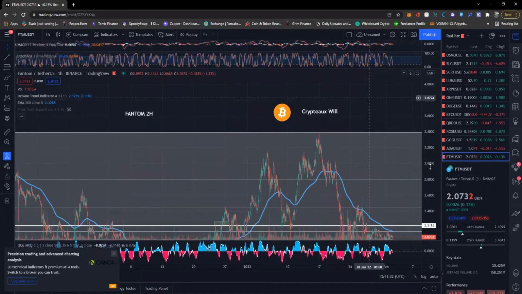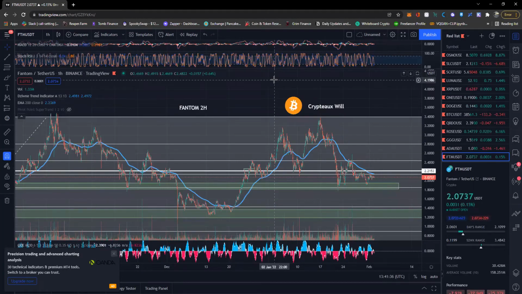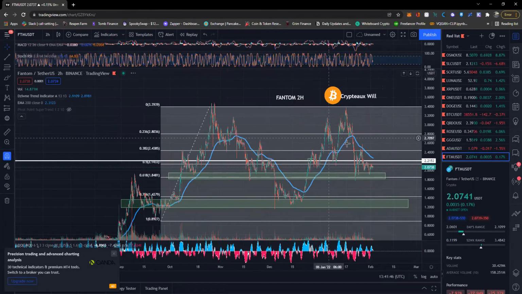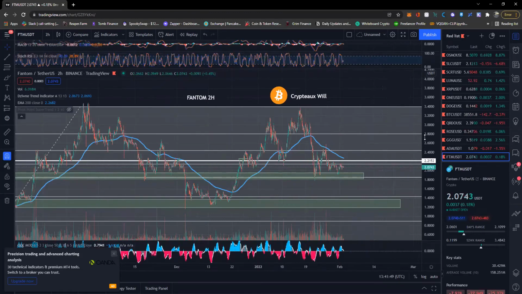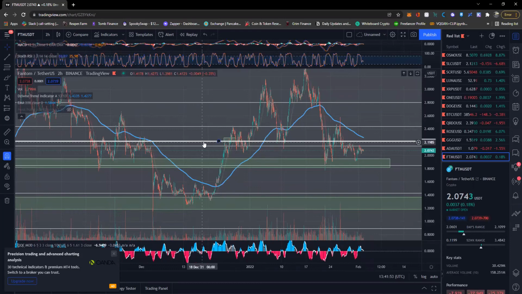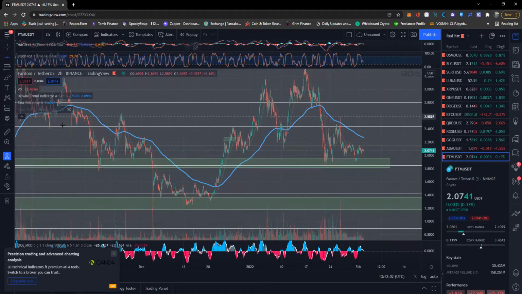So today, let's talk about two super easy indicators to spot that can make you some immense gains in the crypto ecosystem. Let's talk about the Fantom chart today, and let's look at the 2-hour time frame. We will be using a method called the cup and handle TA. With the cup and handle, your best friend would be the horizontal trend line. To get the horizontal trend line, you go to the left side and you click the horizontal line and place